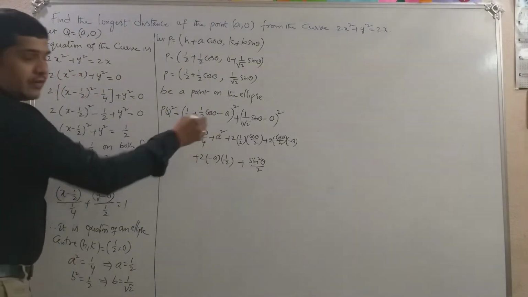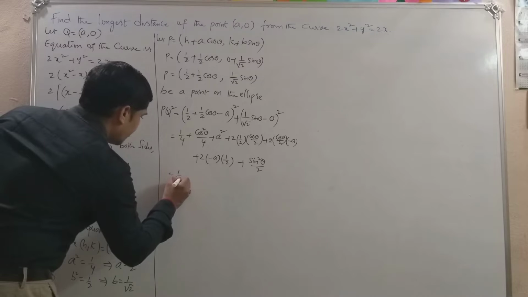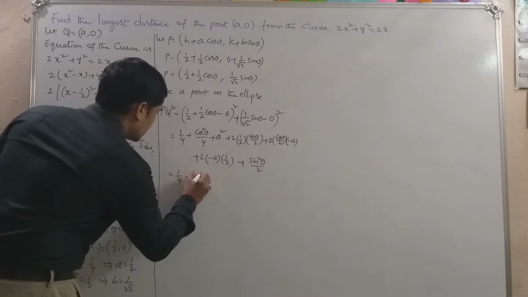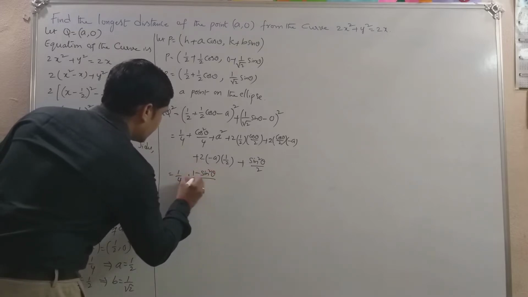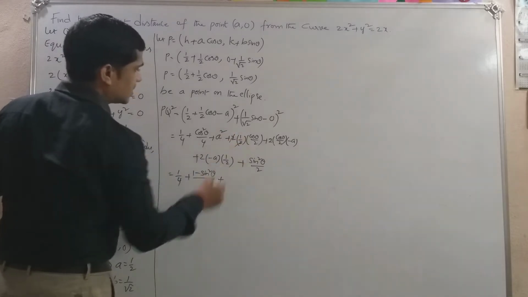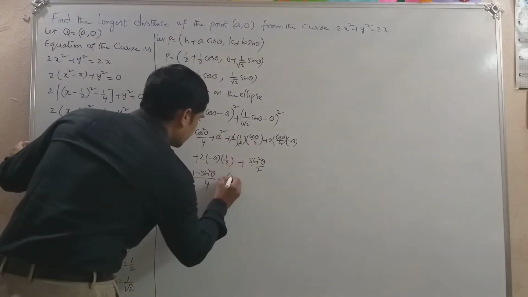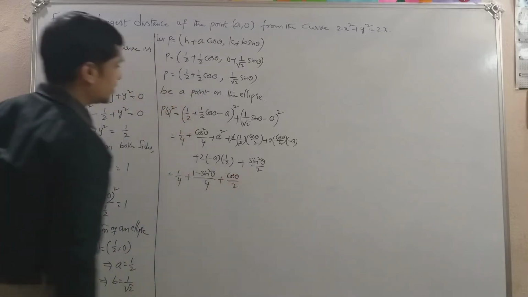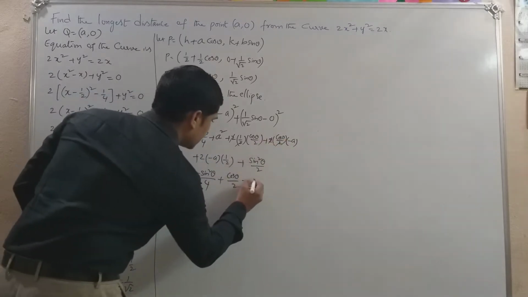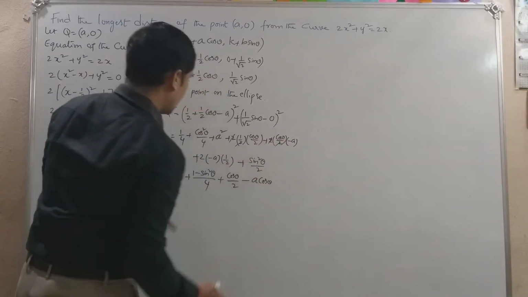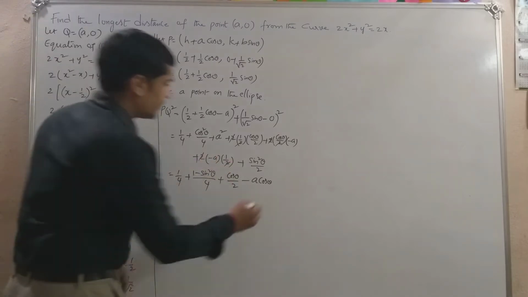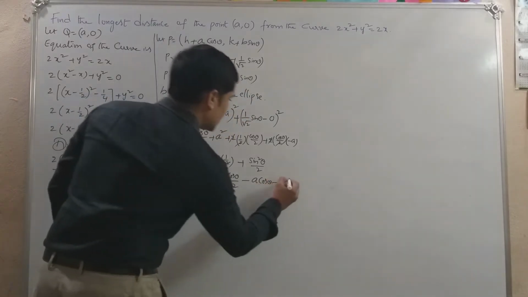Now let me simplify this. It is equal to 1/4 cos²θ, which I want to write as (1 − sin²θ)/4. Okay, so here plus 2 cancel, then it is cos θ/2. And again 2 cancel, but plus into minus is minus, so it is minus a cos θ. And here again 2 cancel, so plus into minus is minus, a ones are a. So that is minus a, plus sin²θ/2.